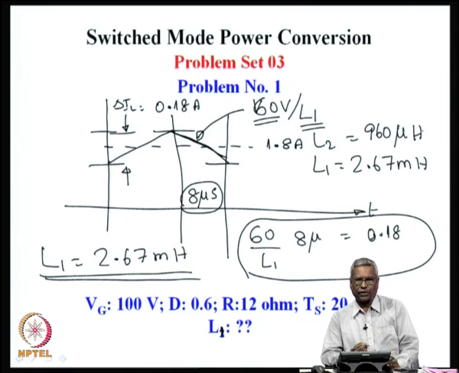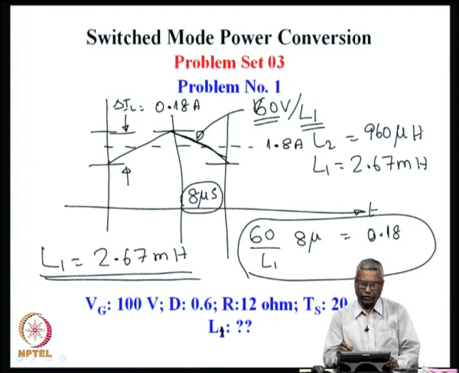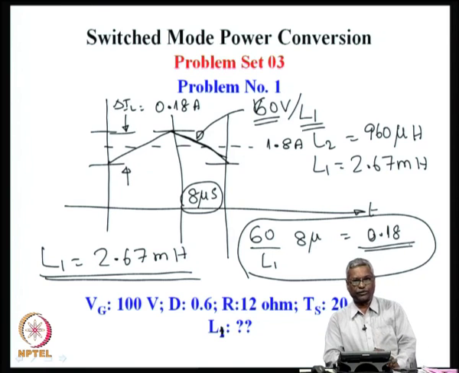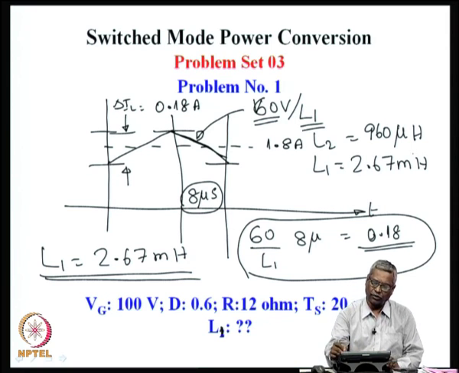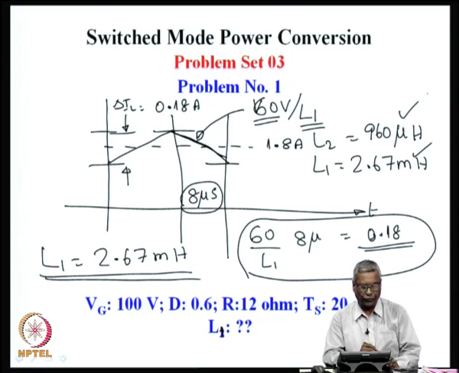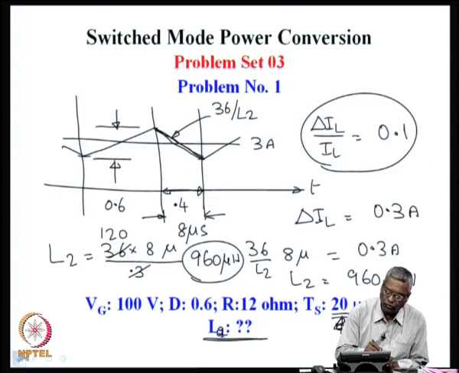The same principles of the circuit equations L di by dt equal to V is what is used, and during off time the L di by dt is the same as output voltage, and from that equation we are able to find out what is the relationship between L and delta I, and by forcing delta I to be 10% of the total current, the inductor average current, we are able to evaluate the value of inductor. By applying these principles, we have found out what is the value of N and what is the value of L2. So, if we go back again to the